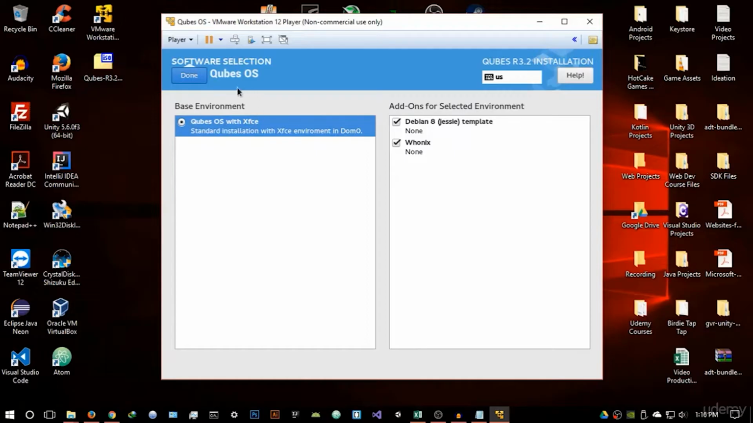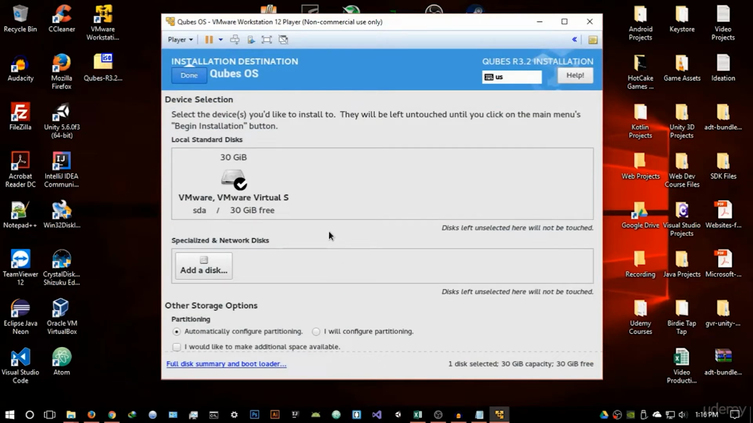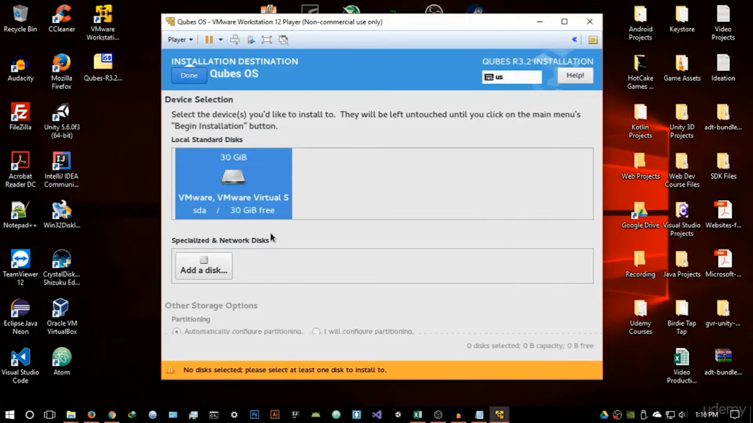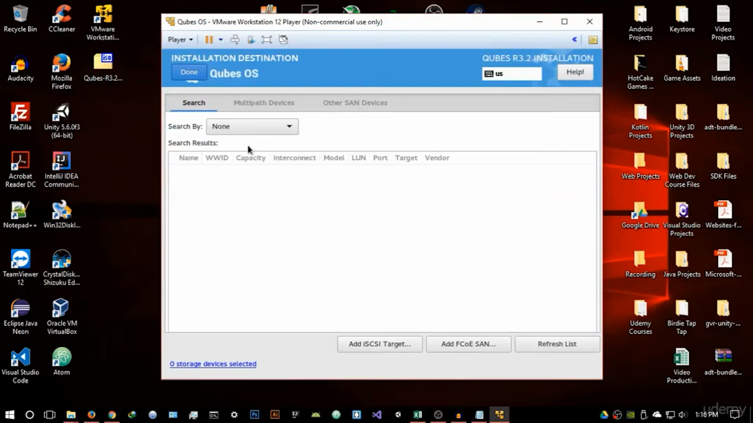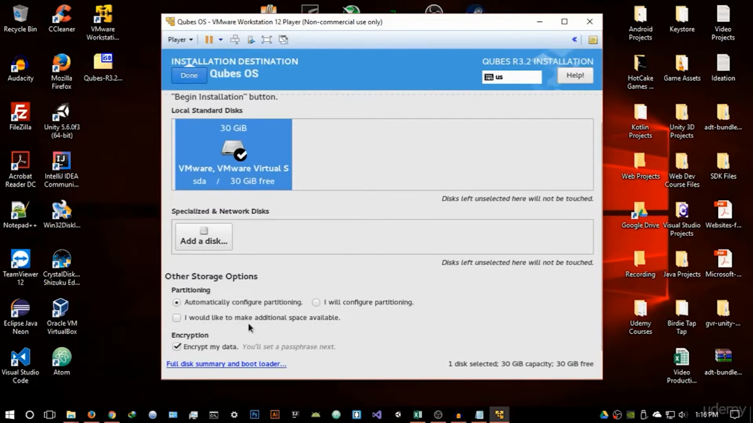Just don't touch anything right here. Just leave all of this and just hit done. And the last section is the installation destination. Basically just selecting the disk that you want to use. Now we created the 30 gigabyte virtual disk, or the VMware virtual disk. Just select it, and you're going to add the disk and just hit done and just select this disk, and